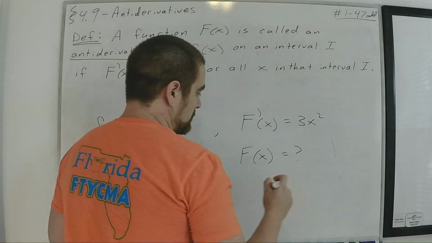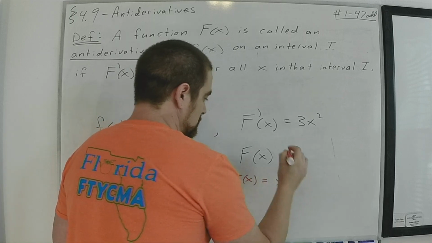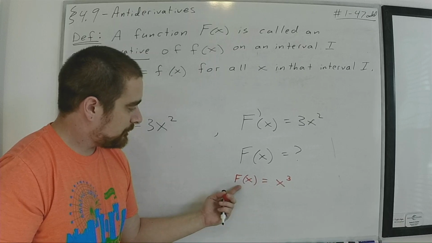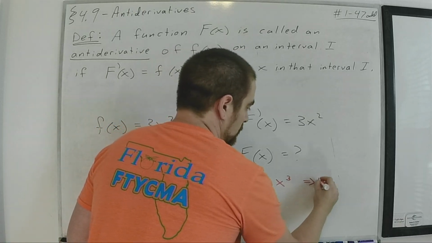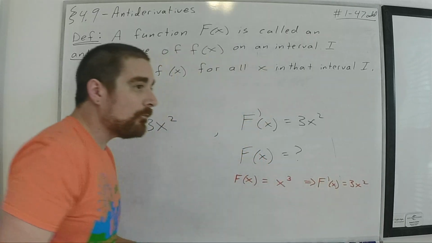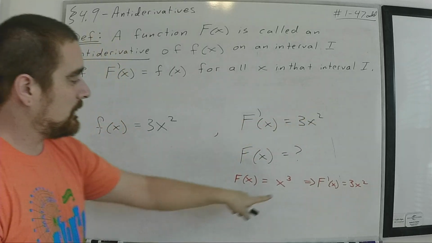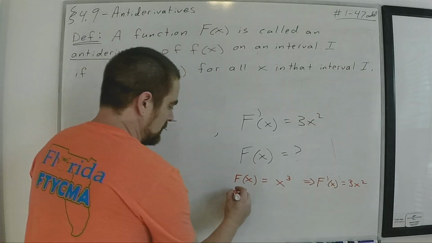Well, the answer is, yeah, sure, but we do have some options. If I were to differentiate x cubed, I would get capital F prime of x to be 3x squared. And you think, oh boy, that was easy. Right? Instead of going down a power, I go up a power. But there's some more